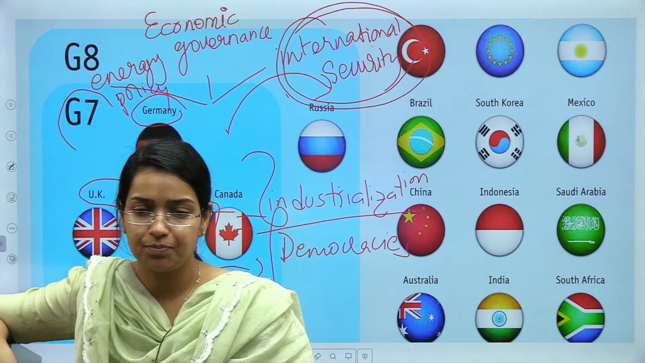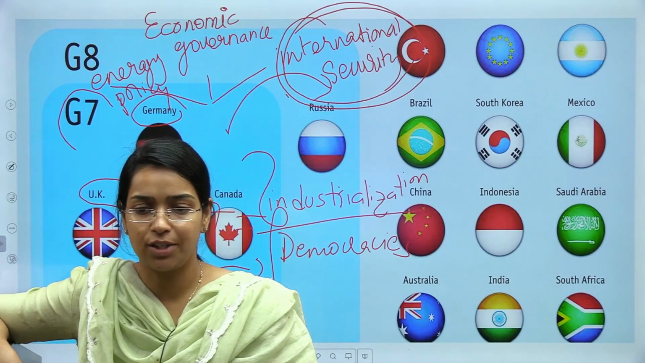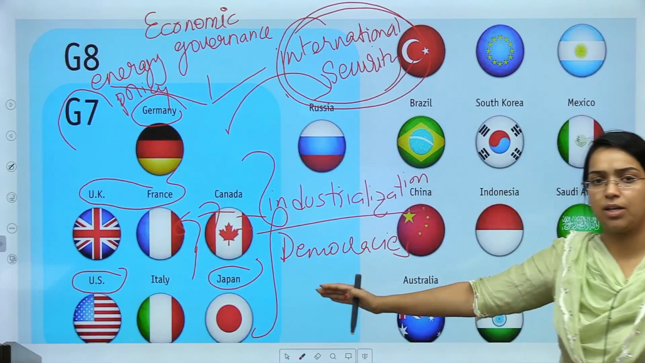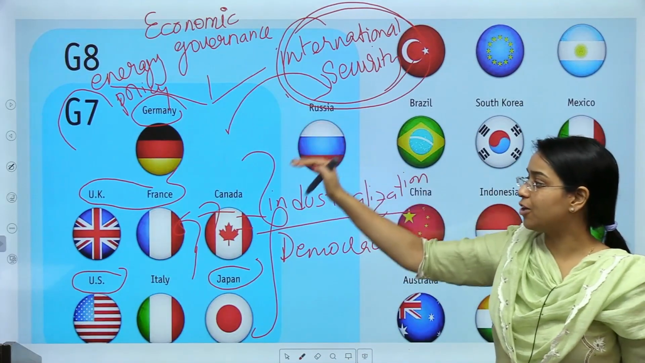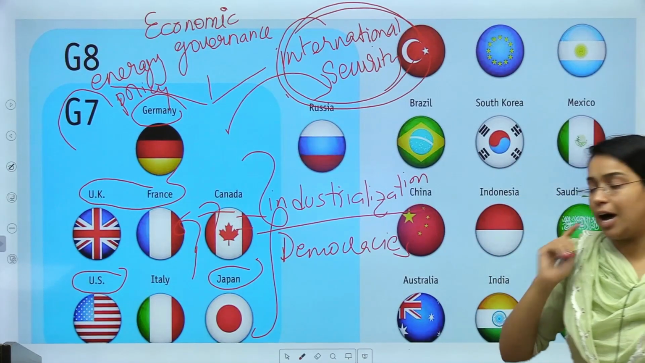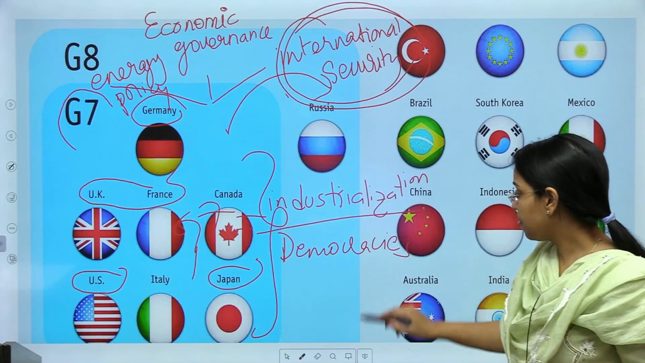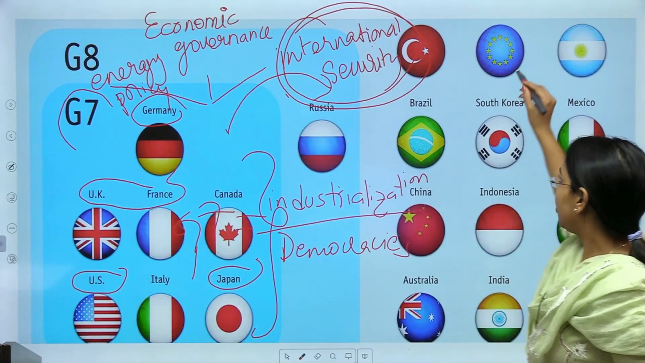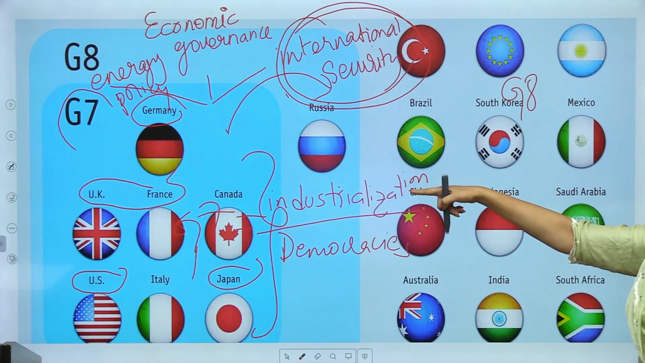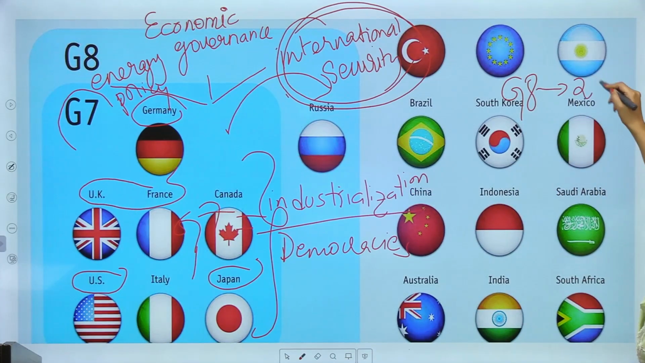Why is Russia not in the G7? Because the G7 is a group of industrialized democratic countries. Russia used to be a part of this, but at that time it was called the G8. After 2014, the G8 used to exist where Russia was also a member of these bigger nations, but then in 2014 Russia annexed Crimea,